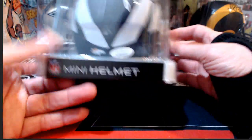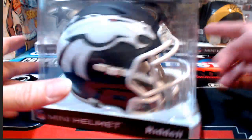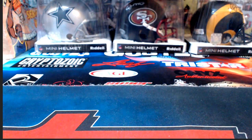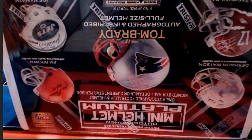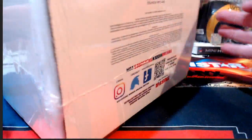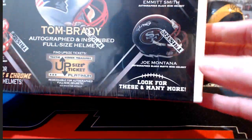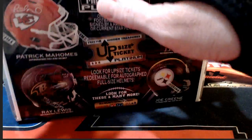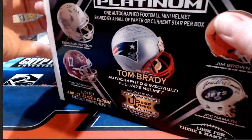Philip Lindsay, Denver Broncos. Nice looking helmet there with the AMP alternate helmet. And it is certified there on the back by JSA, and we've got a JSA authentication inside. 2 more to go. Mike says the exact Joe Montana helmet is pictured on the box. Is it? Where is it? Oh, yeah, there it is. There you go. So how about it? Not too bad then if you've got the 49ers. Thank you for picking that up, Mike. I didn't even think to try to match it up to the pictures on the box, honestly. Of course, then again, I'm used to them just having the little card in there that tells us, so...